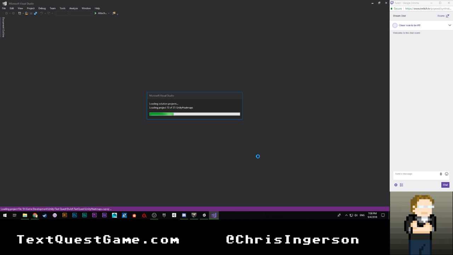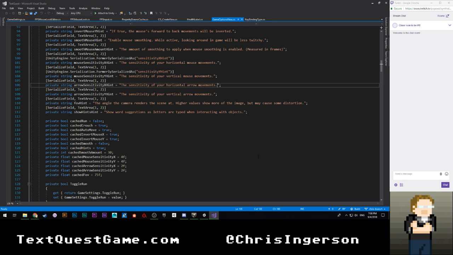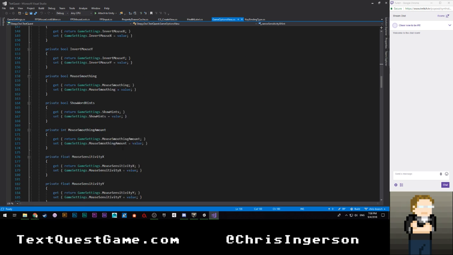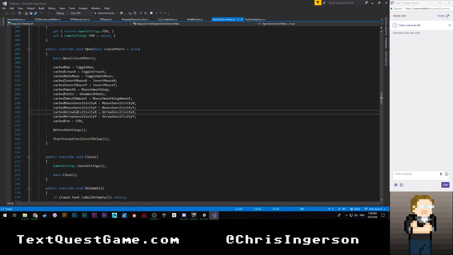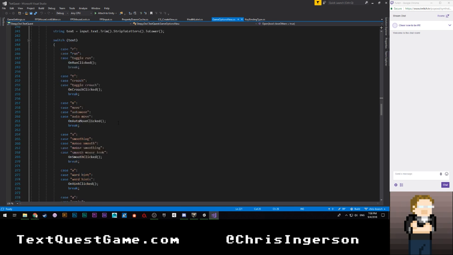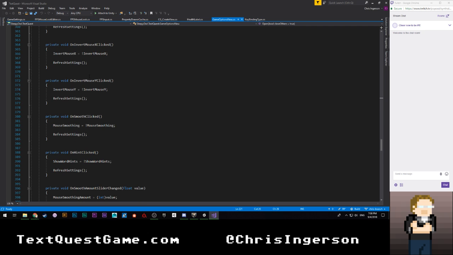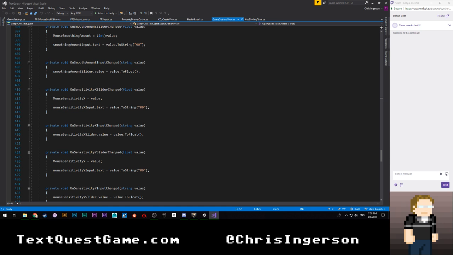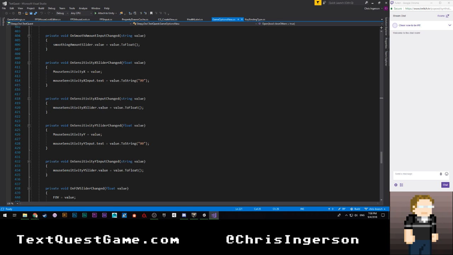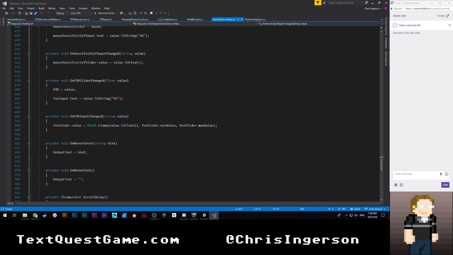So I've already declared the variables that we're going to need, which includes the sliders, the input fields, the cached variables, all that stuff. So all we really need to do is just what we've done a couple of times already, which is hook up the logic. So we're going to come down to here so you can see where I'm setting the cached arrow sensitivity and all that. We're going to come down to, let's see, on invert mouse, smooth mouse. We don't actually need any clicking, but we do want these values. So we're going to come down to here,